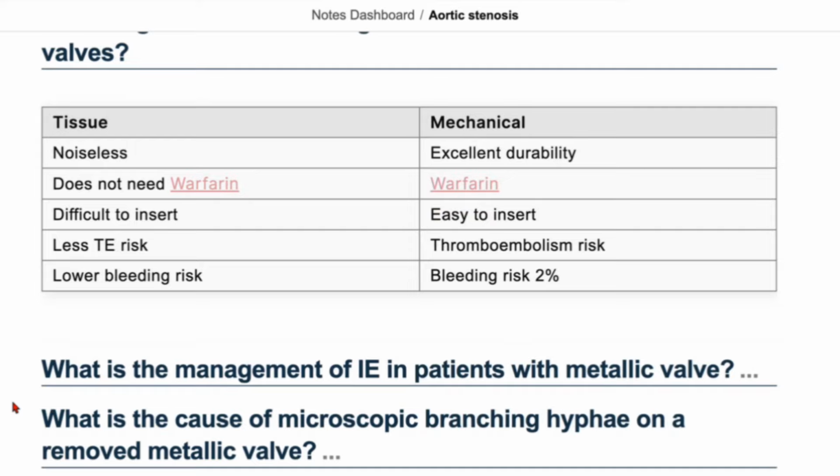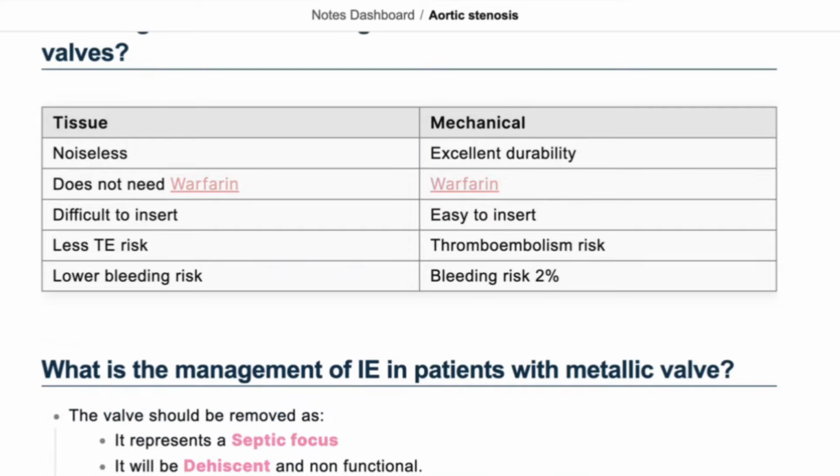What is the cause of microscopic branching hyphae on the removed metallic valve? So given the fact that the patient has hyphae, I'd be worried about a fungal infection. So this would consist of either Candida, Aspergillus, or Trichophyton. There are other fungal species as well that can cause hyphae. You mentioned earlier the mechanism of action of warfarin, which is a